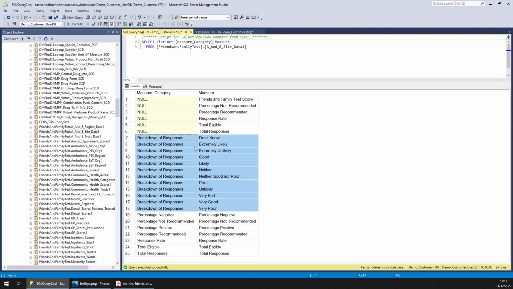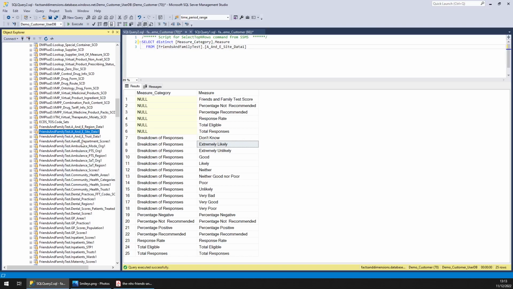Also, as you can see, sometimes they change in the data what the smiley faces mean, but they're generally basically the same. So you've got extremely unlikely, otherwise known as very bad, and very good would be tantamount to extremely likely, and so on. So if we have a little play with the data,